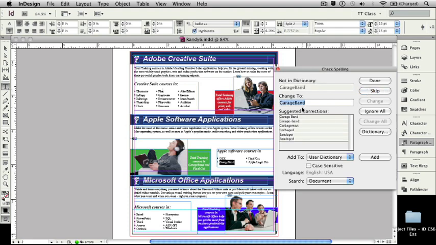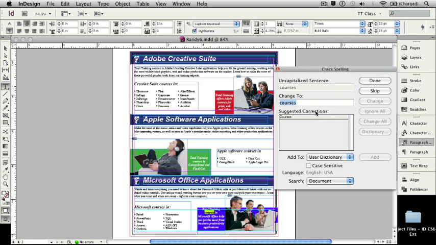and go to GarageBand. Now that again is a unique term. If I was going to be writing things that would be talking about GarageBand forevermore, I may choose to add that to the dictionary as case sensitive, so it would recognize exactly what I'd like it to be. But in this case, I'm just going to ask it to ignore all of those. Going to do the same thing for PowerPoint, for SharePoint, SQL, ASP.NET, and now what I'm looking for is